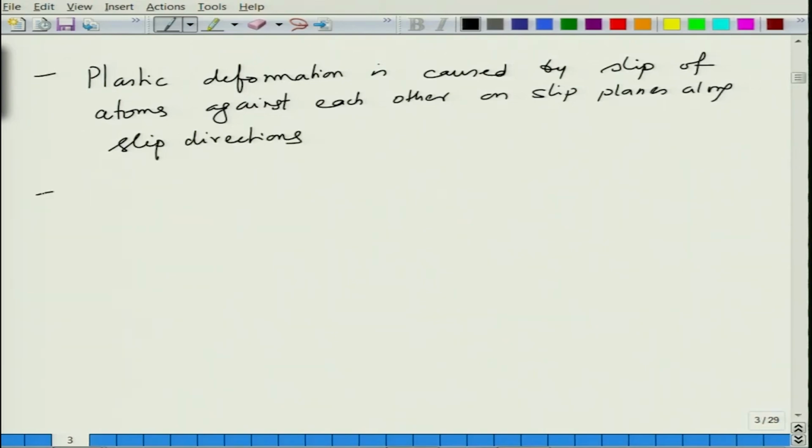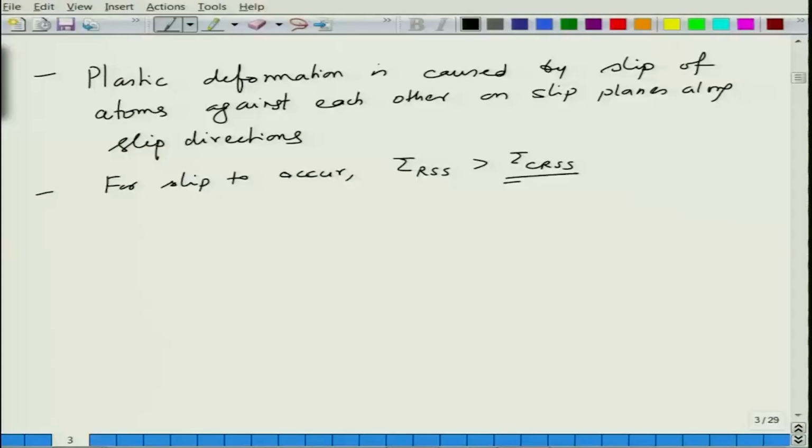Okay. Second point is, for slip to occur, your resolved shear stress has to be more than the critical resolved shear stress. Okay. So, it is a function of yield stress and orientation. Only when your yield stress and orientation are such that the applied stress is able to exceed this CRSS are you going to be deforming. Now that you fulfill these two conditions,